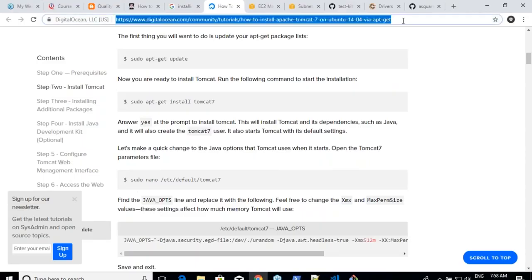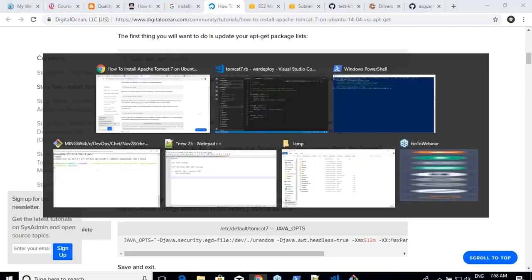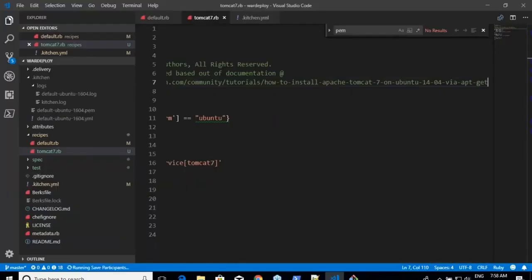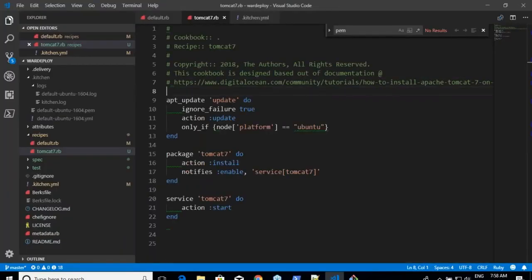Tomorrow if something goes wrong, you can always come back to this page and see why it is not working. Even if some other person is referring to this cookbook and you are not available, he can understand why you have written your steps like this. That's the reason why I want you to be very explicit whenever you're doing this.